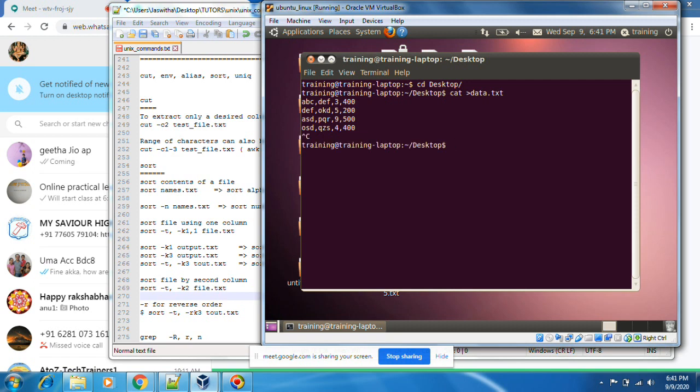This is the data. Now it is delimited with comma.